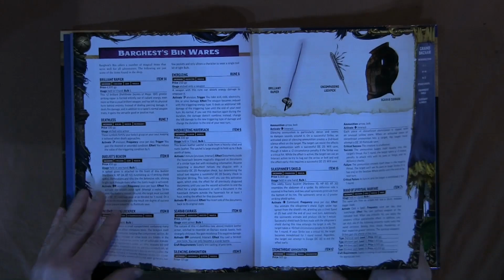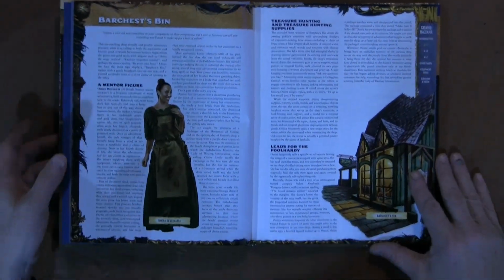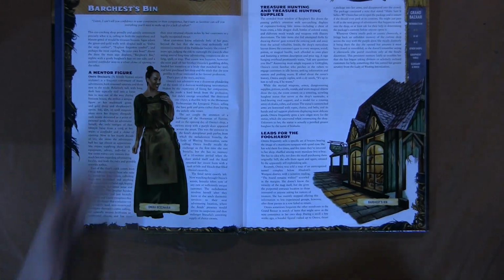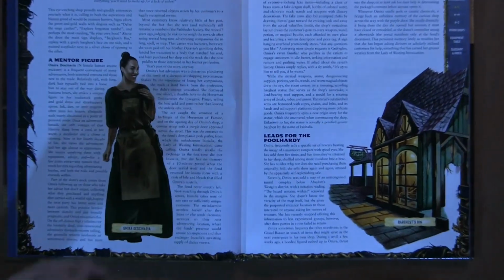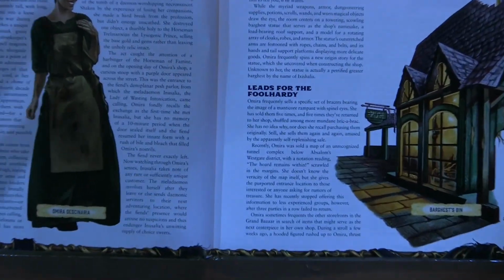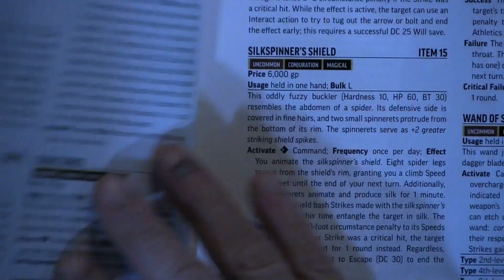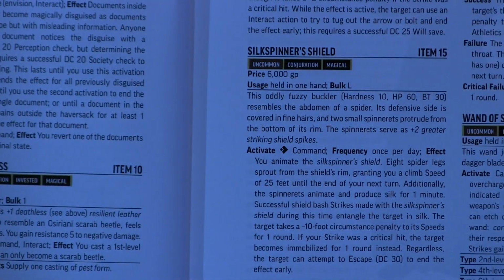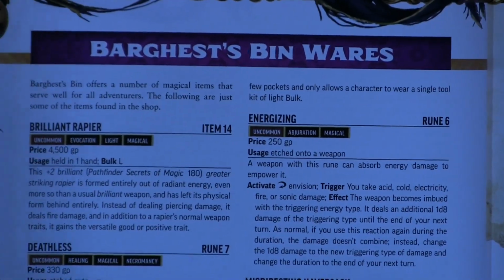Before we move on, we're going to talk about the fluff. So, very first one, Barghest's Bin. It's an adventurer shop. It's a shop of not salvage goods, but of things that adventurers would need when they're frequenting dungeons and things like that. So you'll have everything in it. You'll have a misdirecting haversack, a rapier,